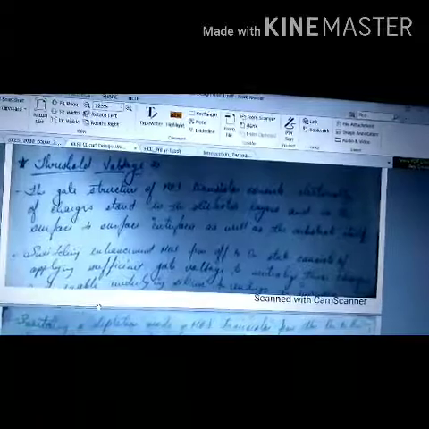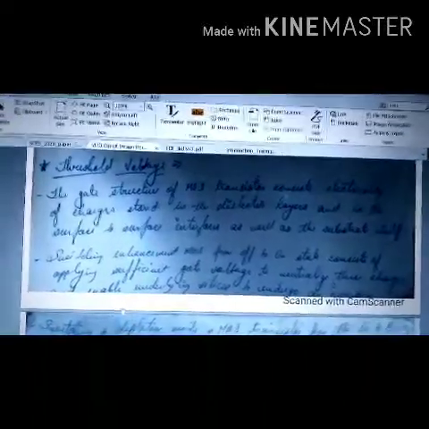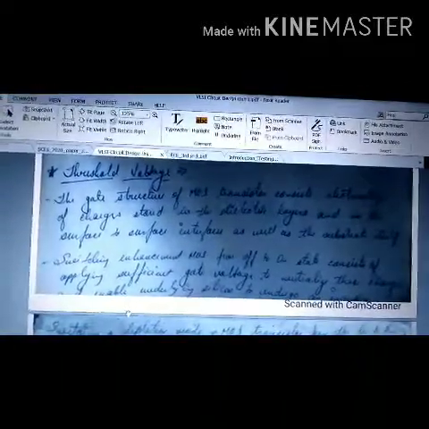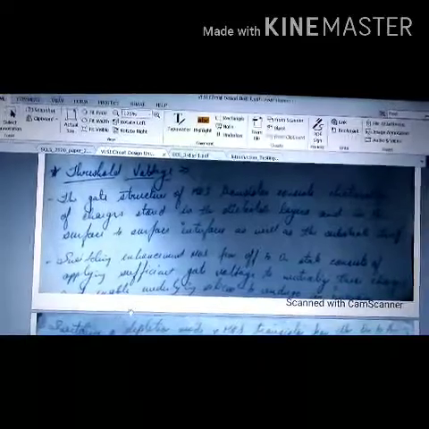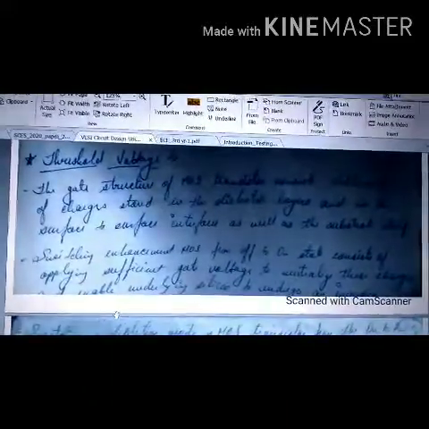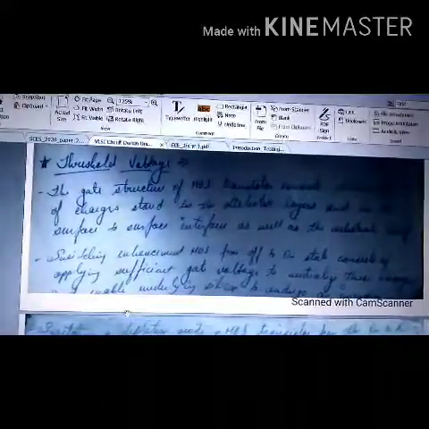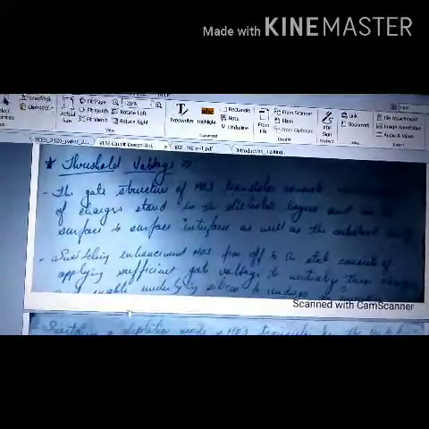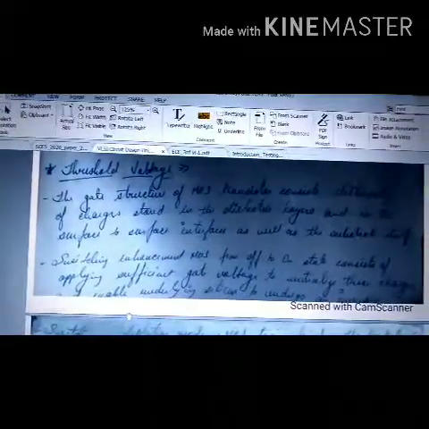In today's lecture, we are going to discuss threshold voltage and methods of its calculation. Basically, there are two methods for the calculation of threshold voltage. We are going to discuss both the methods. Now, we know threshold voltage is the minimum voltage which is required for the formation of channels in an